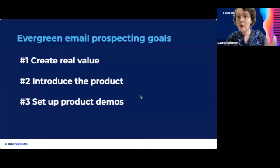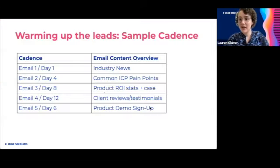So what does that look like once you start to build out a sequence of emails? This is just a sample cadence that we would use for email prospecting. It's a series of five emails. Some things I want to point out here: again, I don't want to repeat what I just said. Obviously, we would reach out and talk about pain points, but